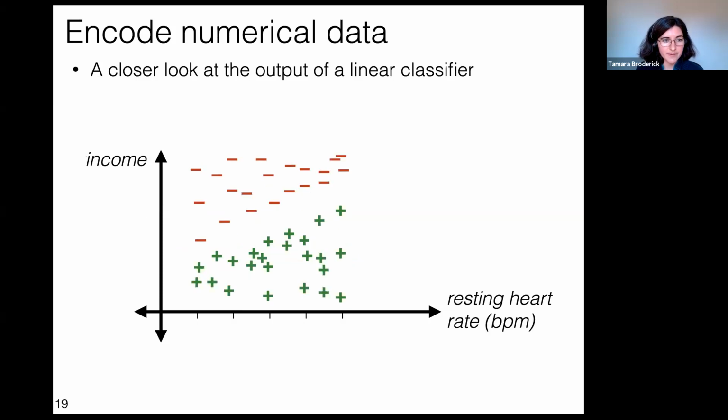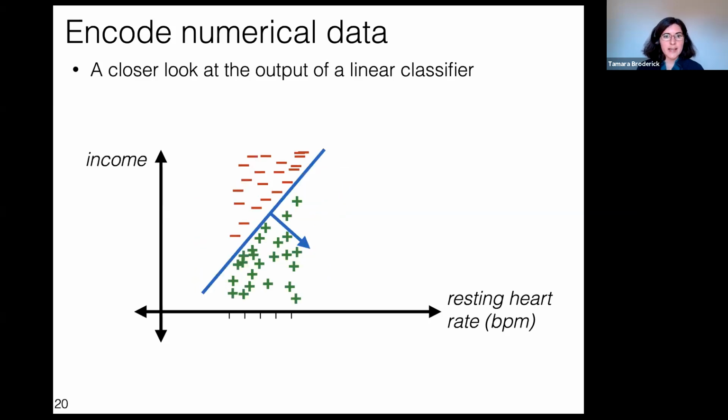Okay, so now let's look at resting heart rate and income. So suppose I'm interested in heart disease, predicting heart disease from these two features, and I run my linear classifier, and this is what I get. And now suppose that my friend actually encoded resting heart rate on a slightly different scale than I did. Now you're going to notice that they actually get out a different linear classifier. Now it kind of means the same thing in terms of prediction, but if I were to look at the theta values and I tried to interpret the theta values, I'd say something different